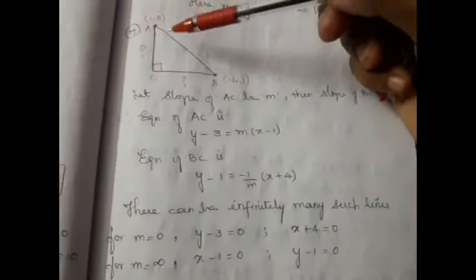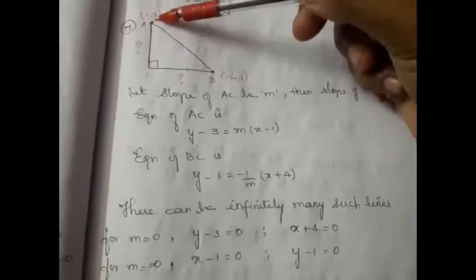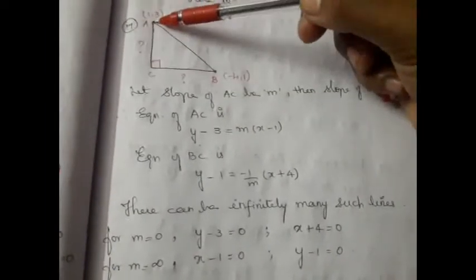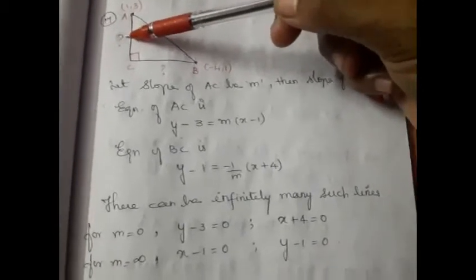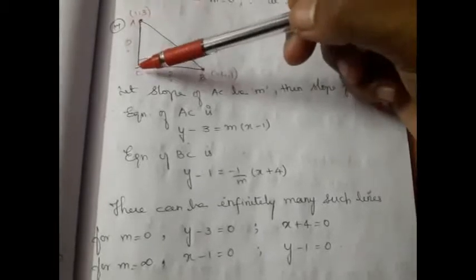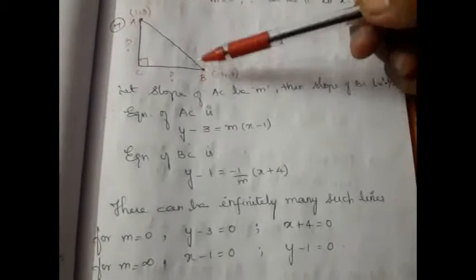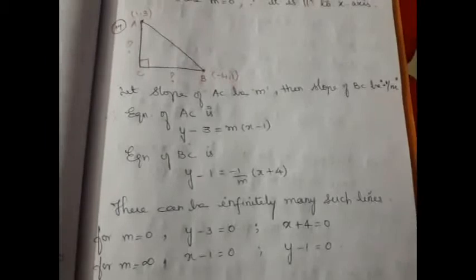There can be infinitely many lines passing through a point, so there can be many lines satisfying this condition. Now we are going to give our conclusion based on some assumption. First, to find the equation of line AC, we know one point on it. If we know the slope, we can give the equation of AC. Similarly, we know a point on BC. If we know the slope, we can give the equation.